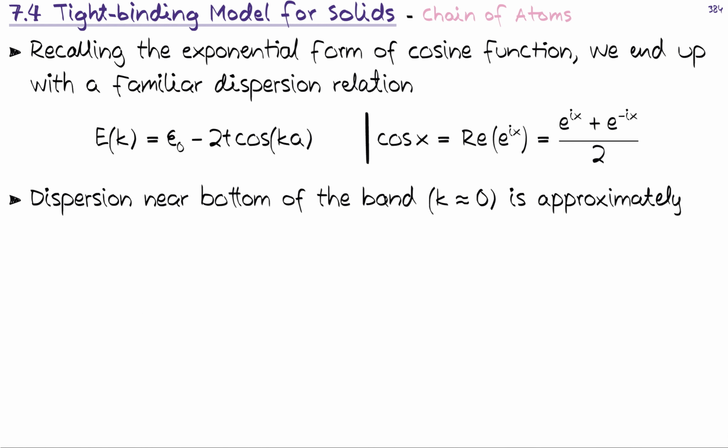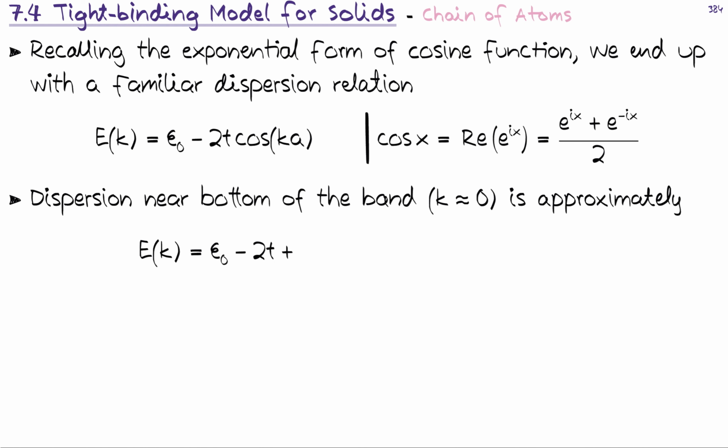We can take a Taylor expansion of the cosine term. The Taylor expansion of cosine of x is 1 minus x squared over factorial of 2. That's what we are using here, and we forget the other possibilities. So physically, we say that near the bottom of the band, the cosine looks like a parabola, and that's it. And then we have the energy term